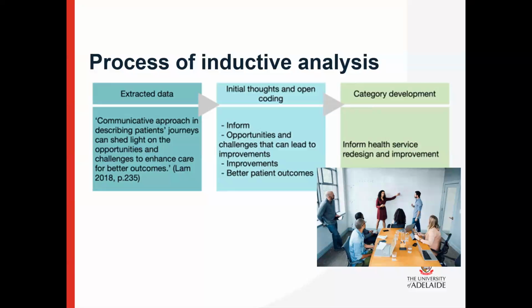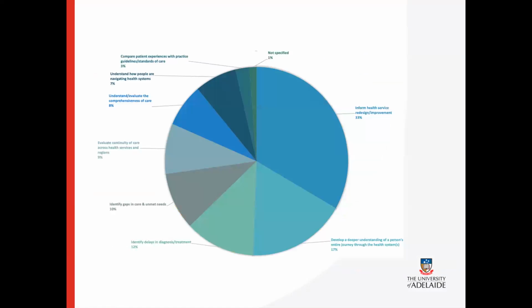So it then led to quite a lot of good visualization, and I'll show you this pie chart about all the reasons that we categorized. Again, we then turned this into a very descriptive approach. We had the categorization, and then we had the number of articles that went into each of those categories, and then we also had an example of the extracted data to explain it and to show transparency.